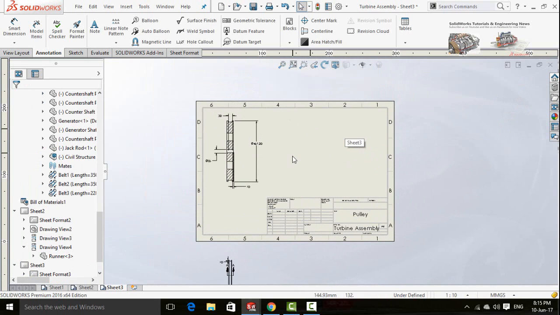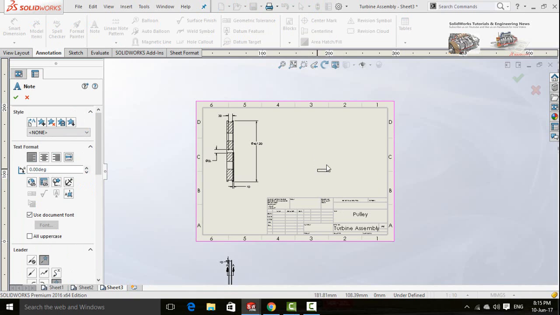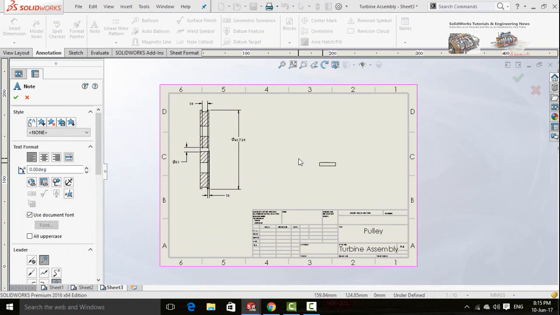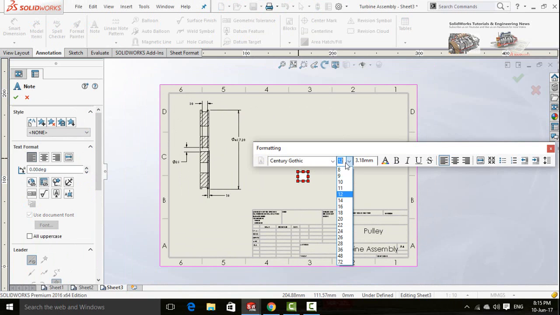To add any additional text, in the Annotation tab, click on Note button. Now click on the screen to start text. You can change the font size and shape from here.